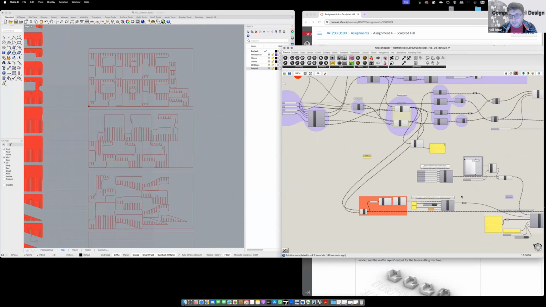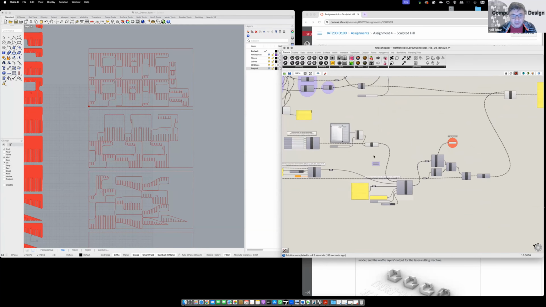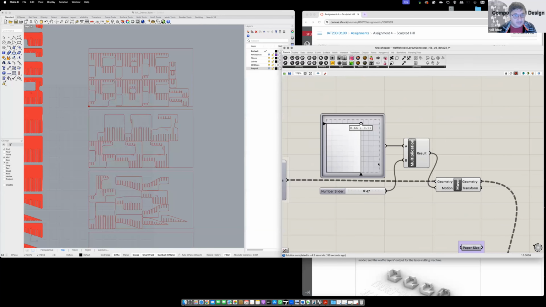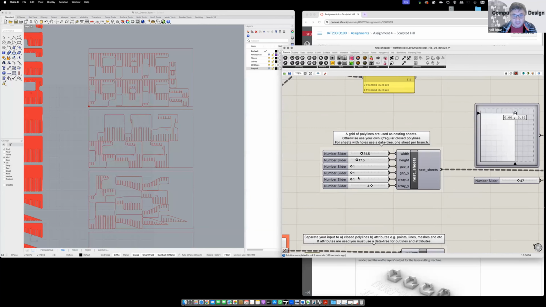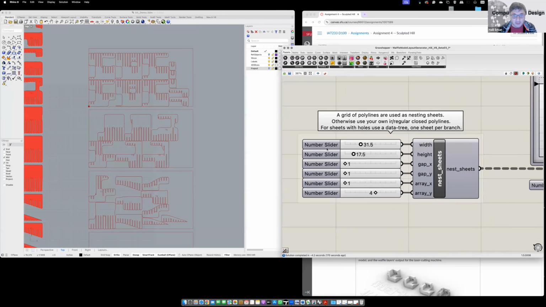I'm going to come here. It is a little bit complex. This, for instance, is about generating the papers. You see these papers? When I select it, they turn green. These are paper. And the paper size is adjusted here. I adjusted the paper size, width and height by giving 1/4 inch margin from top and bottom and right and